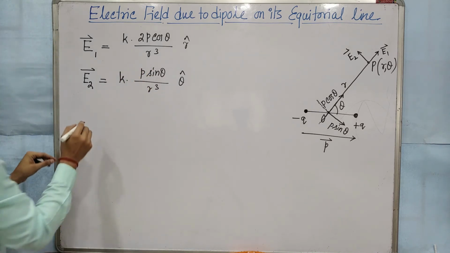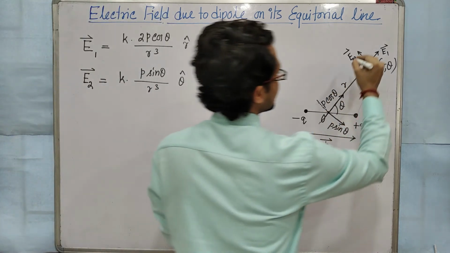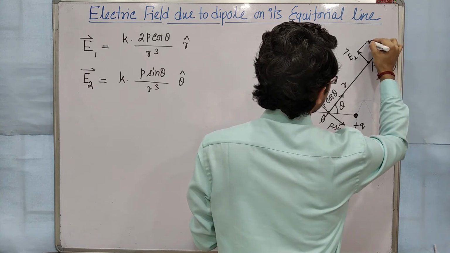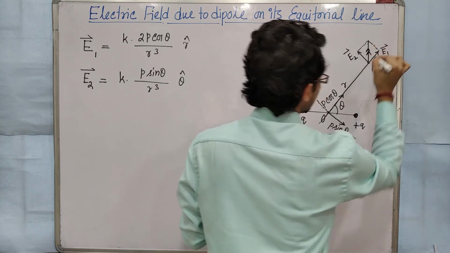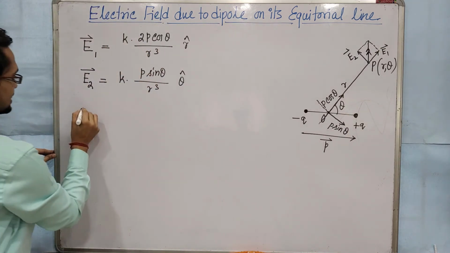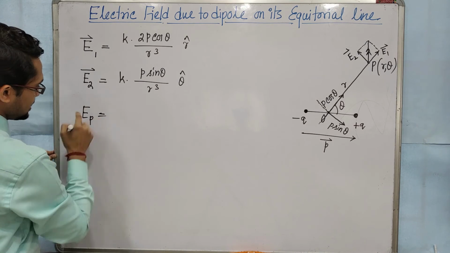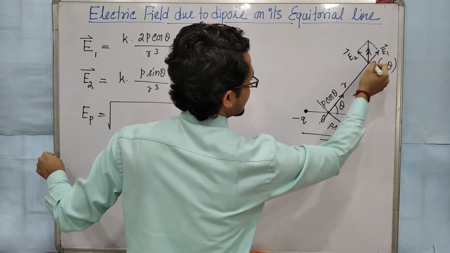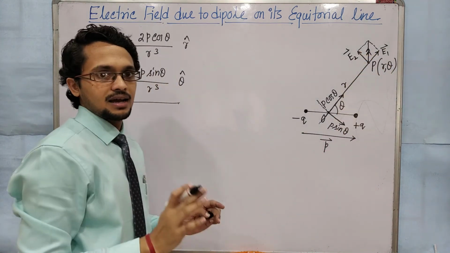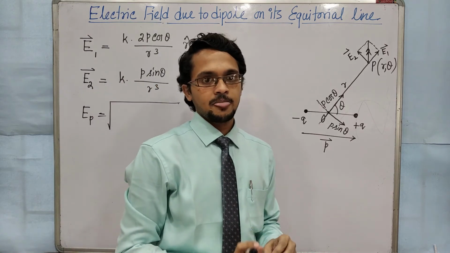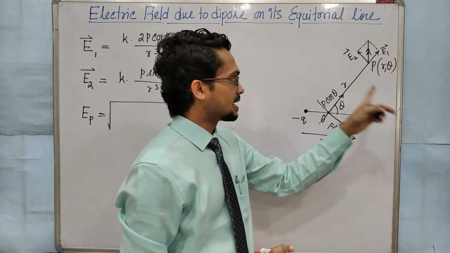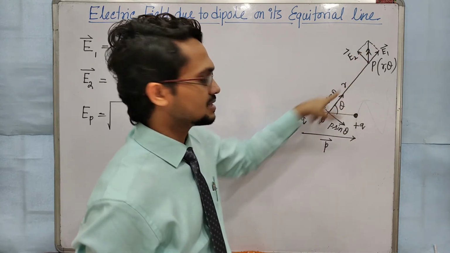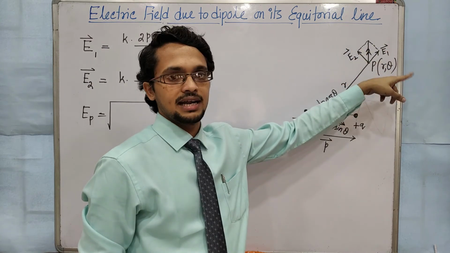Now the resultant electric field. Again complete the parallelogram, and this diagonal will represent the resultant electric field. So the resultant electric field at point P, the magnitude will be root over, both are at an angle of 90 degrees. r cap and theta cap are the unit vectors in polar coordinates, like i cap, j cap, k cap. r cap and theta cap are also perpendicular to each other. r cap is along the distance and theta cap will be perpendicular, anticlockwise perpendicular.